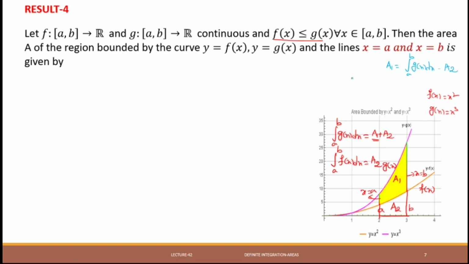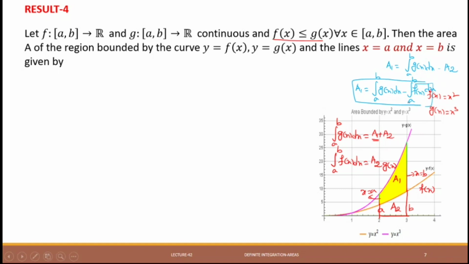Okay, now area a1 is equal to what? Area a1 is equal to integral a to b g of x dx minus integral a to b, because a2 is what? a2 is equal to integral f of x dx. So this would be the formula. Okay,